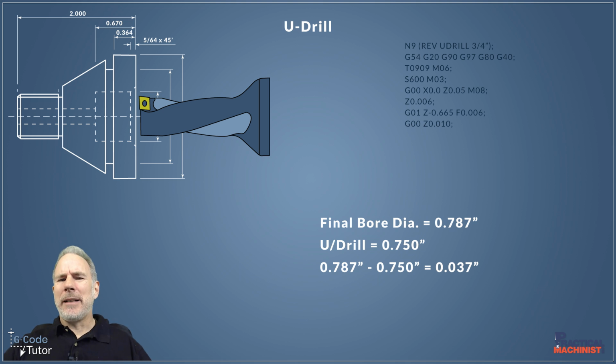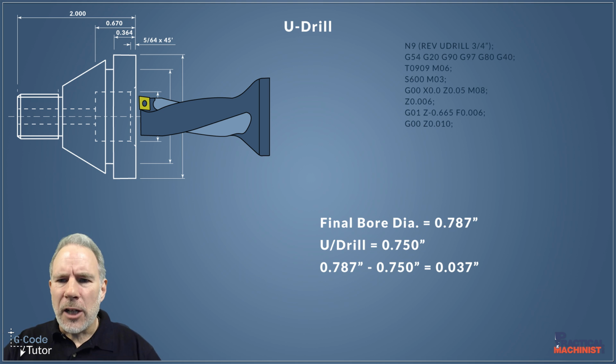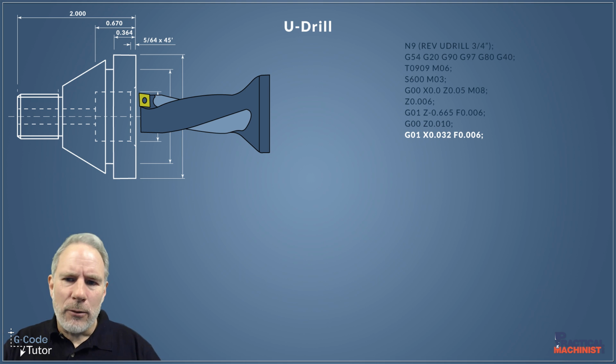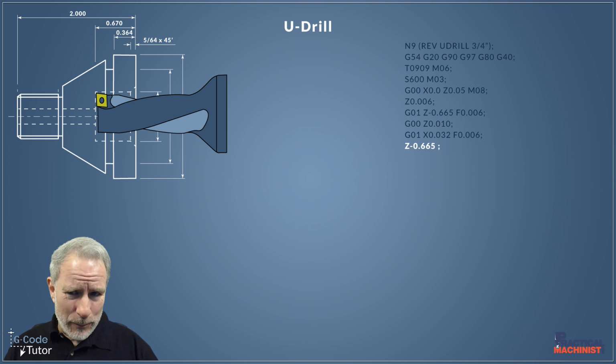But we don't want to come in for a finished size bore, because I want to leave some meat on for a finished bore pass in the next operation using a boring bar. So instead of typing 37 thou into our X-axis, I am going to go with 32, and that gives us some material on there ready for the finish pass. So we're offsetting our X-axis by 32 thou. Then we can drill in again. Now our tool is off center and we're acting like a boring bar and not a drill. So we're coming in and taking off that 32 thousandths of an inch in the diameter.